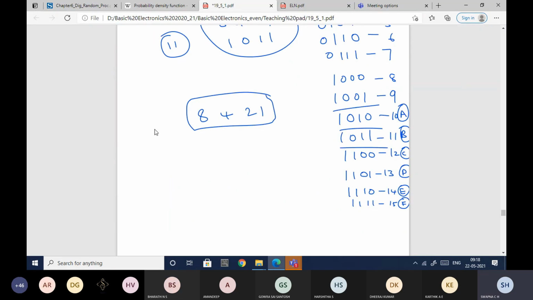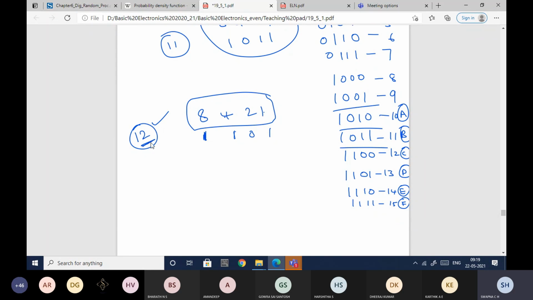Binary number. Okay, so let me consider I need to get 12. So I need to put ones and zeros somewhere so that it will make 12. I've just put randomly 1 1 0 1 like this here. So am I getting the sum of all this as 12? Wherever I have 1, only those numbers I need to add. So 8 plus 4, 12. 12 plus 1, 13.